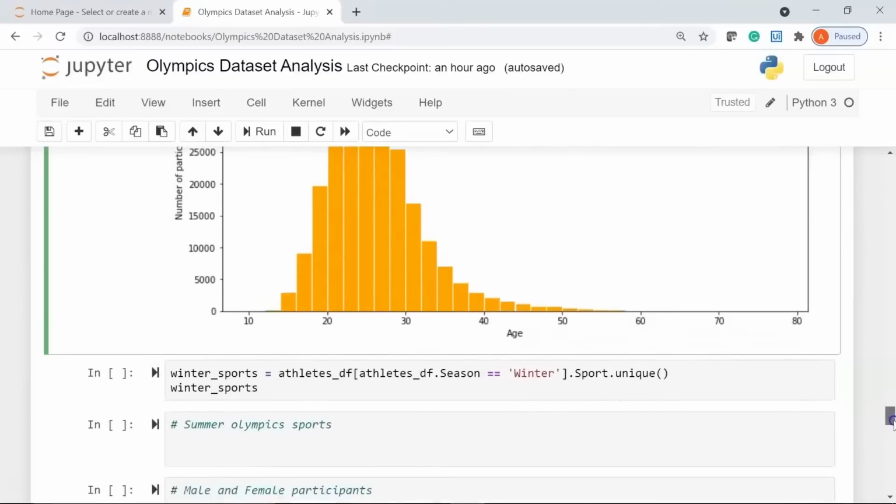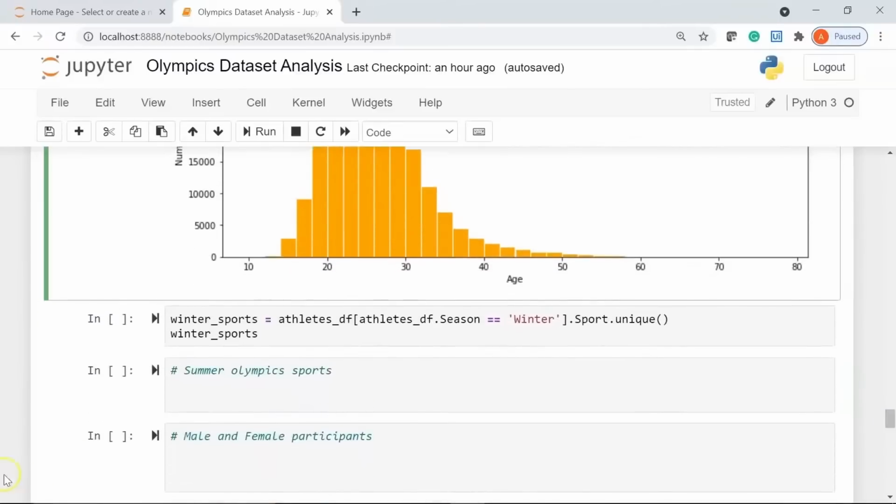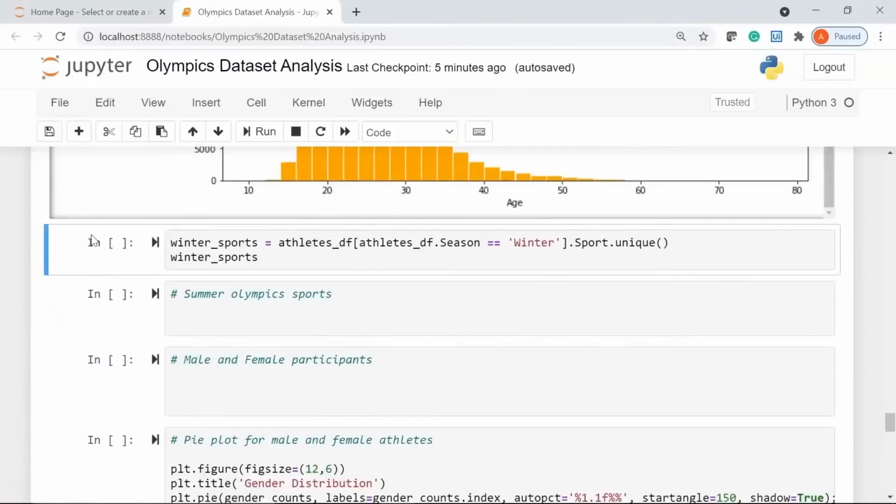Alright, now moving ahead. In the initial slides of the video we discussed the summer and winter Olympic Games. Let's look at the different sporting events that are part of the summer and winter Olympic Games. Just to give you a heads up, the winter Olympic Games are held once every 4 years for sports practiced on snow and ice. So here I have my variable name winter_sports, so I'm extracting for season equal